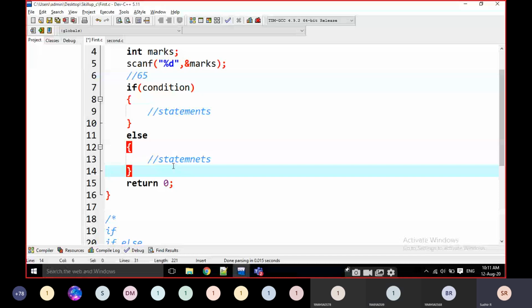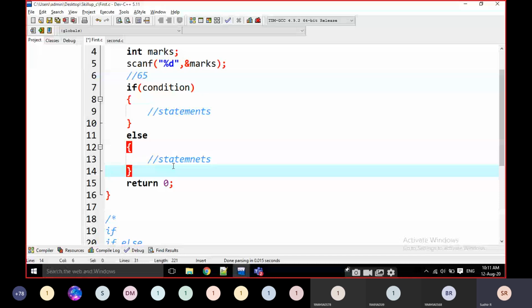Some students are thinking, sir, if it is one line for if and else, don't use curly brackets. Don't use that type of scenario every time. Whether it is a single line or multiple lines, you have to open a bracket and close the bracket. That is a very good way of writing a program. Don't say, sir, if it is a single line, don't write curly brackets.